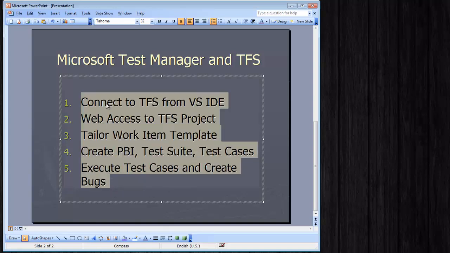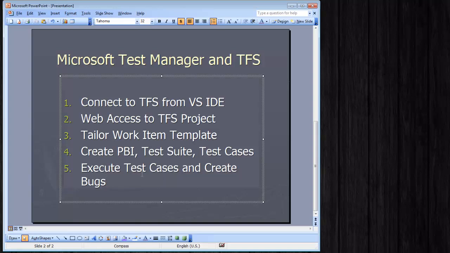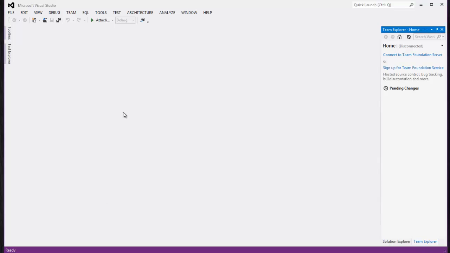We'll see if we face anything beyond this, and try to cover that too in the current video. So let's begin. Let me open Visual Studio. We'll use Team Connect to connect to Team Foundation Server,